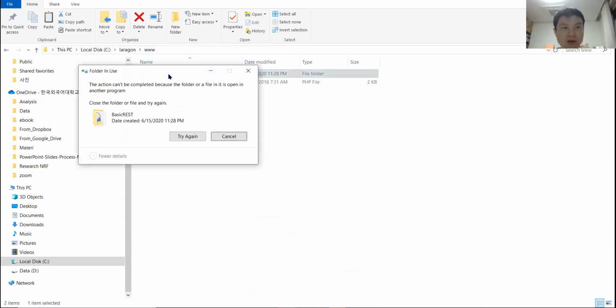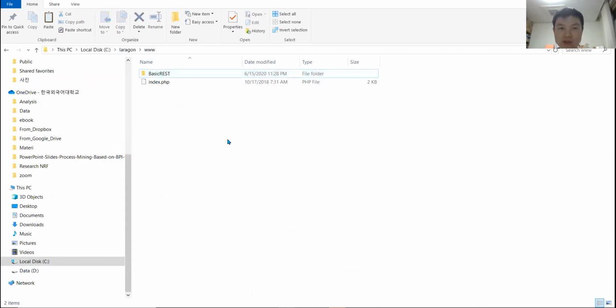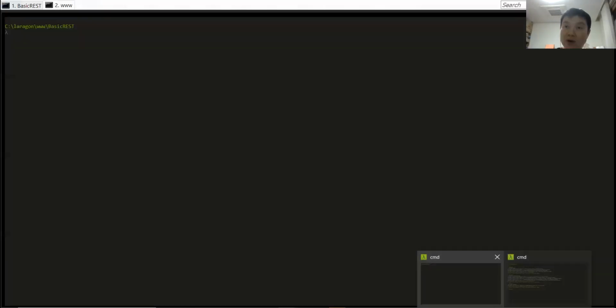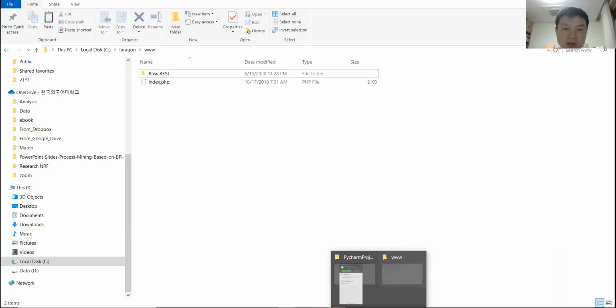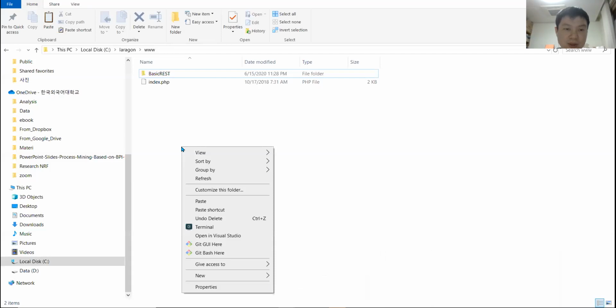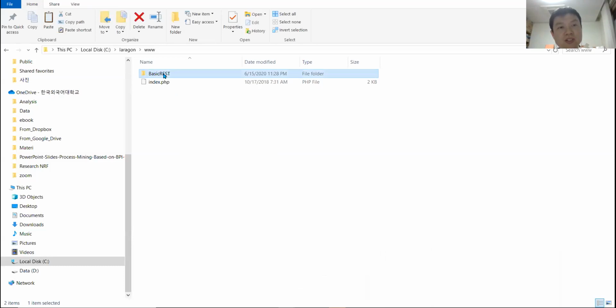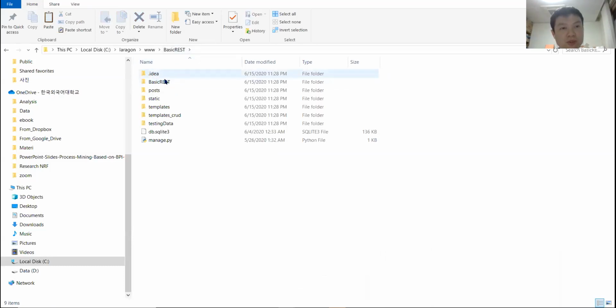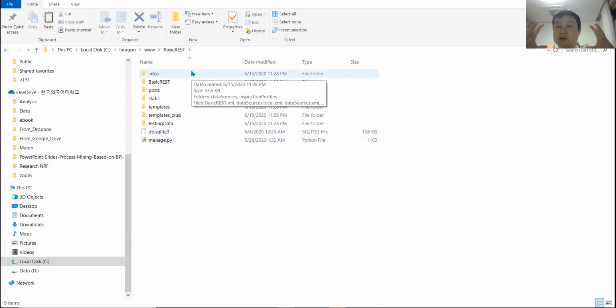Okay, oh, yeah, okay, it's already connected to the file. Okay, it's already connected to the Laragon, so I cannot delete that part. So if you are the first time, then just go and then connect to that file. Yeah, just copy and paste. Yeah, so in this case, you just copy and paste to here, and after you paste, then you will see the basic REST, and this basic REST will have the same structure with the folder you already had in the PyCharm project. Okay,